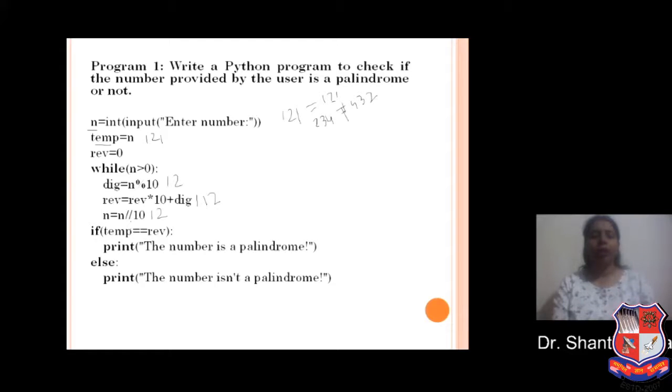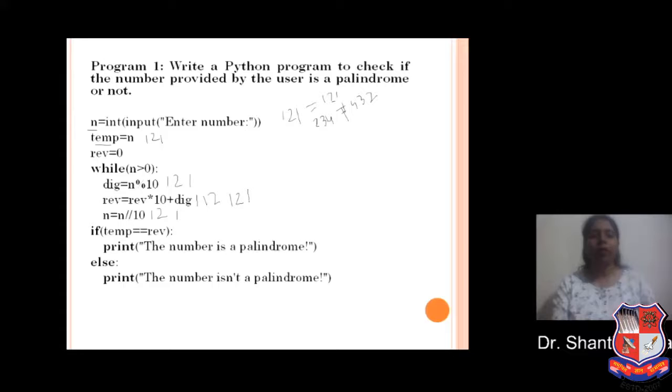And again we floor divide 12 by 10, it gives you 1. Then again 1 is greater than 0, so 1 modulo 10 gives you 1, and reverse is 12 from the previous step. So 12 into 10 is 120, and 120 plus dig, which is 1, is 121.